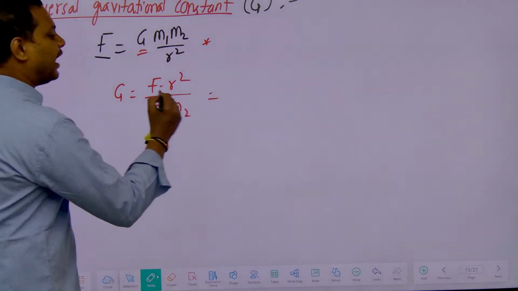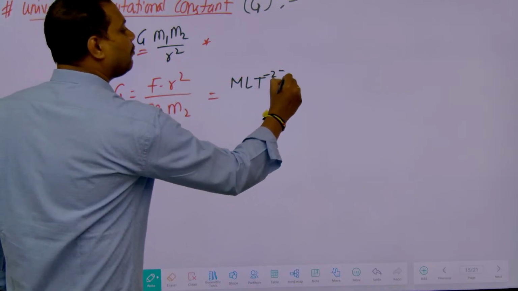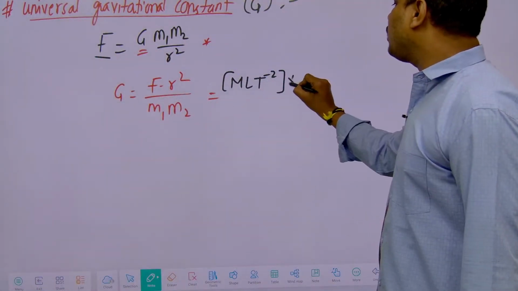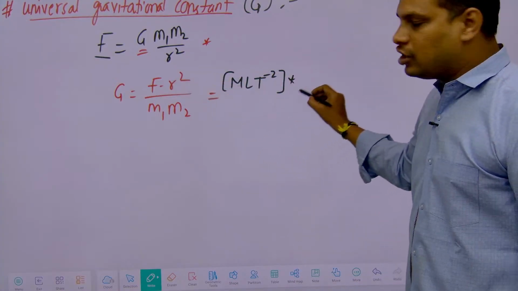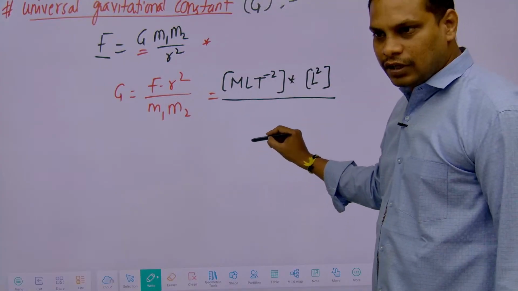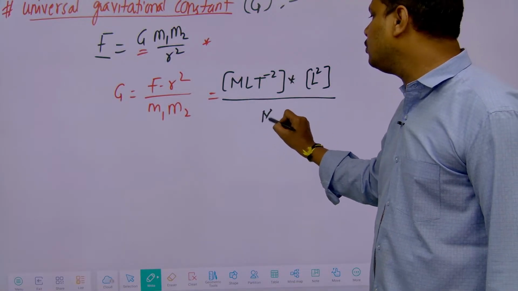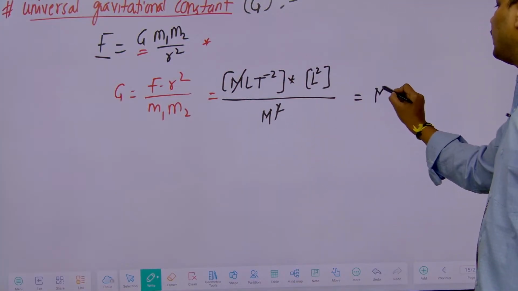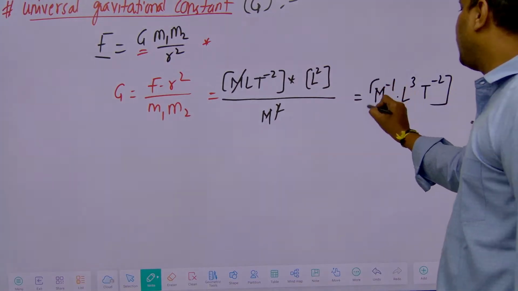Now tell me what is the dimensional formula for force? M L T power of minus 2. Correct? Distance dimensional formula is L, right? Then L square, square is there, right? So what should be this value? L square divided by mass, m1 m2. So both are M only, right? So what is this value? M square. Cancel one M, one M. This M will go to the numerator. Then M power of minus 1 L cube T power of minus 2. So this is the dimensional formula for